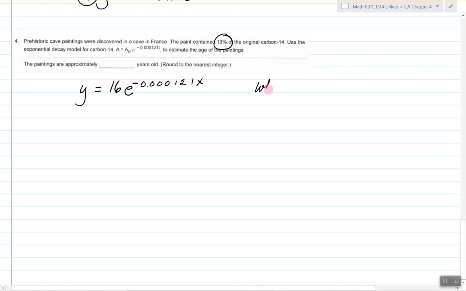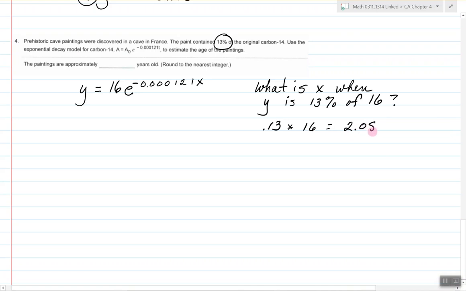Now, it wants to know what is the age of the painting. In other words, what is X when Y is 13% of the original, so 13% of 16. Well, 13% written as the decimal, 0.13 times 16 is 2.08. So we're saying what is X when Y is 2.08. So I will put this as Y1, and then